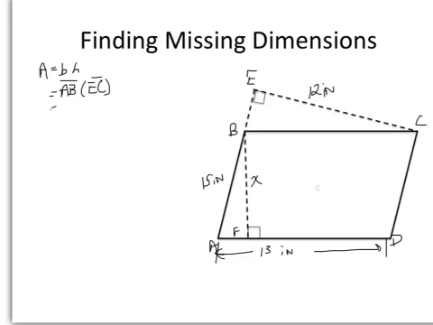Okay? So that leaves me with an area of 15 inches times 12 inches. Pulling out our handy dandy little calculator here. So we know that it's going to be more than 144. That is 180